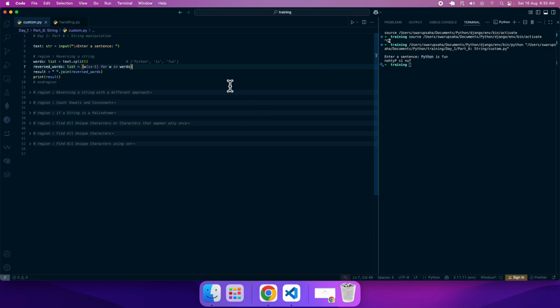So now let's move on to how it is working. When you start reading this line, you should start from the for loop. So let's start from here. Remember, this word is actually a list. So what this particular for loop is doing,